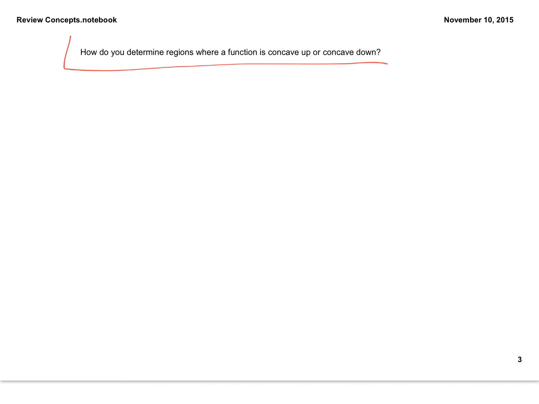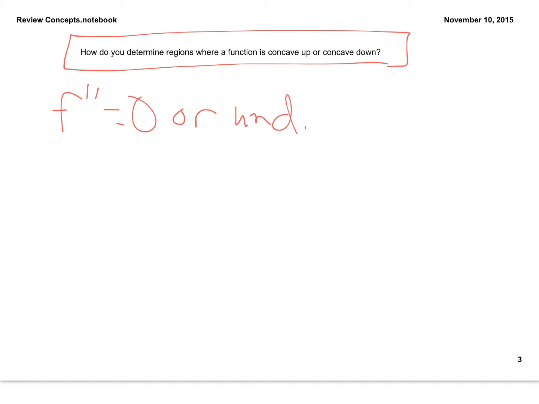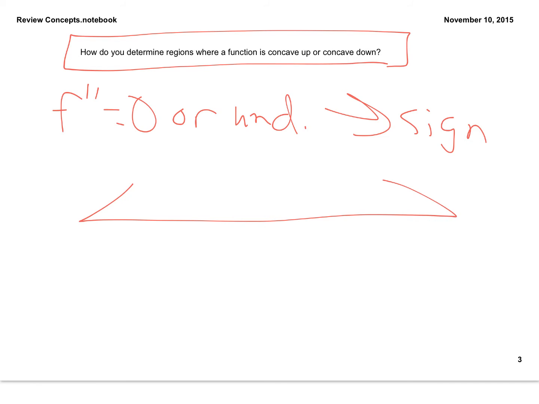Concavity. Remember, concavity is all about the second derivative. So to determine if it's concave up or down, you're going to find out whether the second derivative is equal to 0 or undefined. And then after that, you're going to do a sign line. So when we do our sign line of our second derivative,